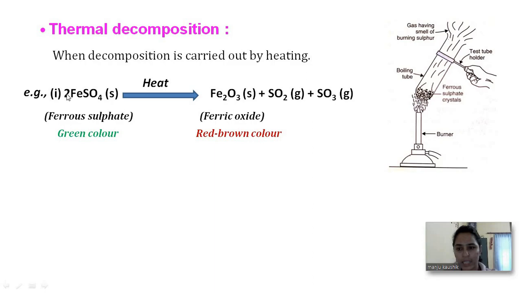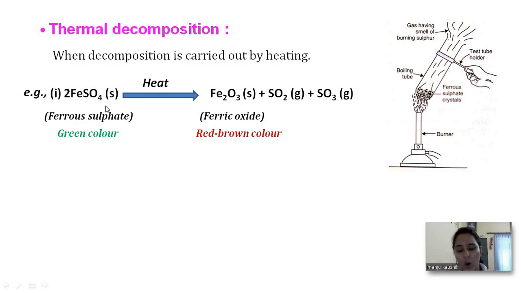As you can see, there must be a strong bond between iron and sulfur, and to break that bond, which is very strong, we need energy, we need heat. In natural environmental conditions, this heat is not supplied. When the heat is not supplied to this ferrous sulfate, it does not break the bond. But when heat is supplied externally, iron and sulfur can break their bond, and sulfur dioxide and sulfur trioxide gases can be released. So ferric oxide can be formed.